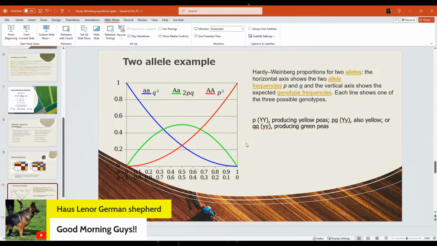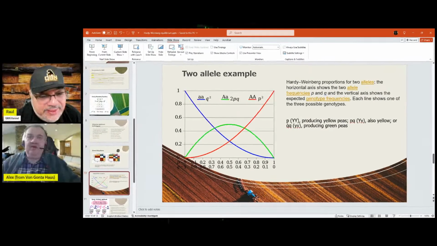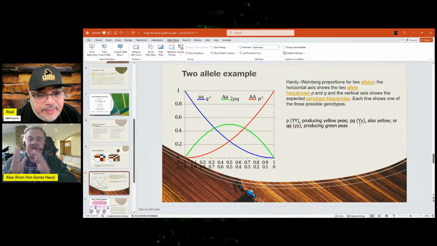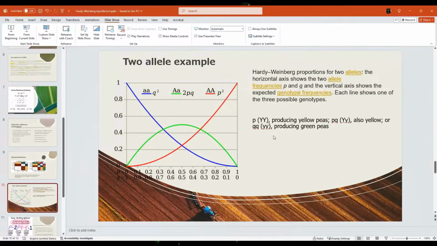He crossed long peas with short peas, and he wanted to figure out how many of the plants that result would be long peas, short peas, or a mix of both. So this is actually going back all the way to Mendel. P is the yellow peas. PQ is the mix of the yellow and the green, the dominant and recessive. It's the recessive masked by the dominant, but it looks like the dominant trait, but there's a recessive hiding behind it. So that's the yellow color, and QQ is the green peas.